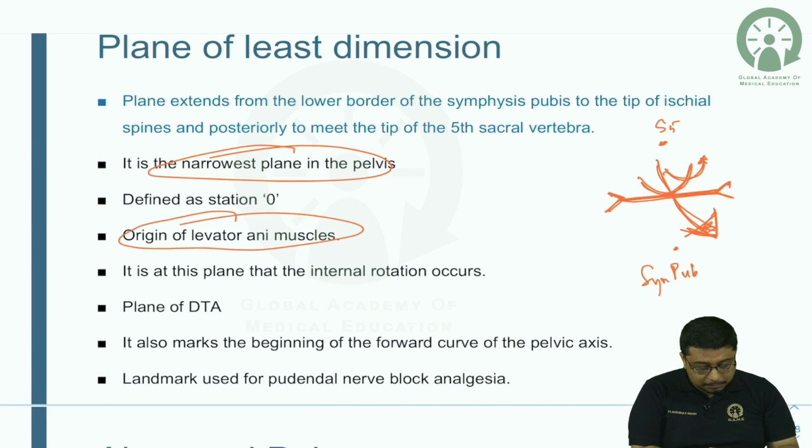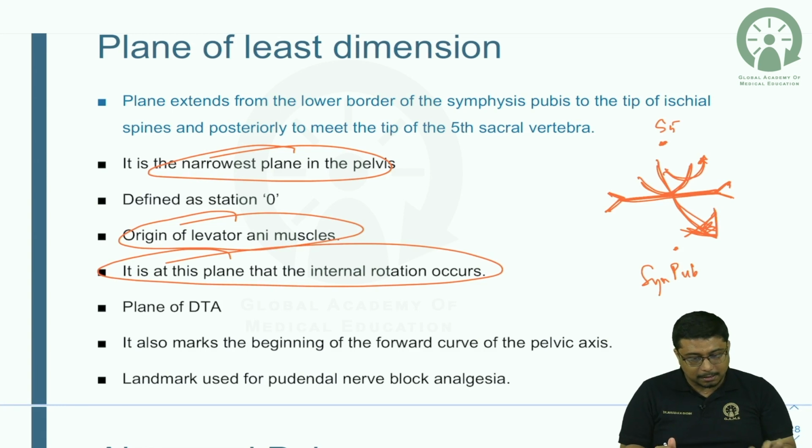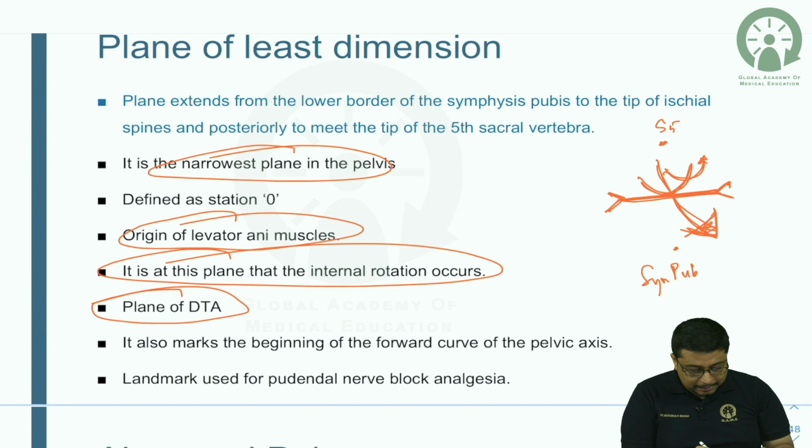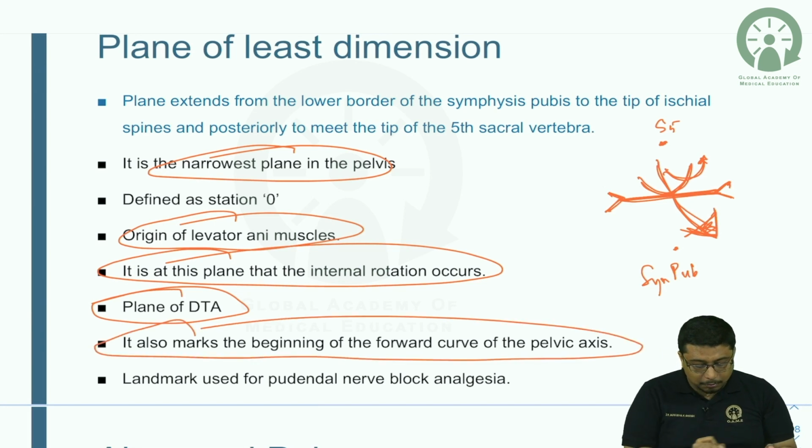This is the origin of the levator ani muscle. This is the plane where internal rotation happens. Now if internal rotation fails to happen, then it is called deep transverse arrest, because internal rotation is not happening and it is stuck deep. So this is deep transverse arrest. This is the plane of deep transverse arrest, and this also marks the beginning of forward curves of pelvic